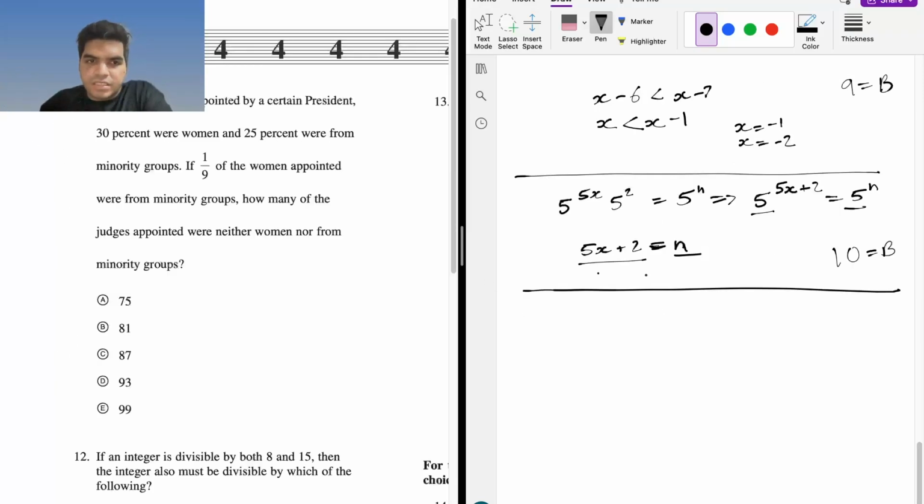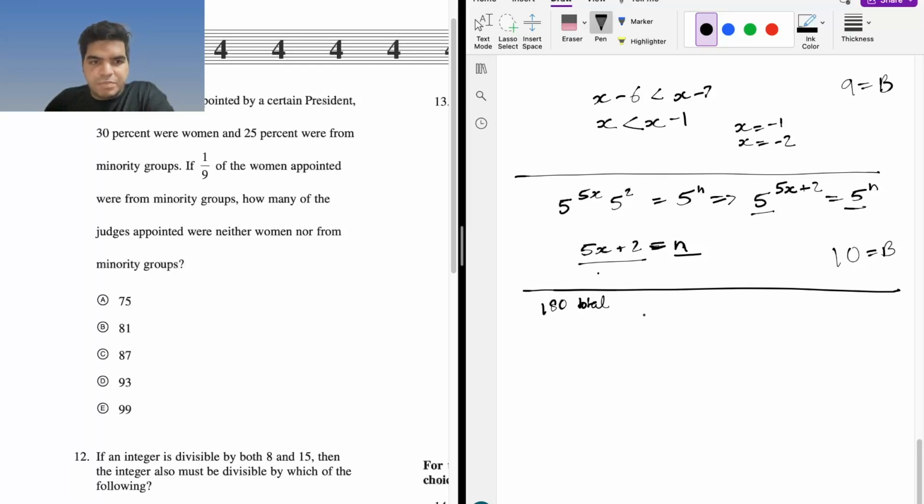Of the 180 judges appointed by a president, 30% were women, 25% were from a minority group. If one ninth of the women appointed were from a minority group, how many judges appointed were neither women nor from a minority group? It's a set question. You can make a Venn diagram or just use percentages. Any method you're comfortable with, you will get the answer. So you're given total judges are 180 total,